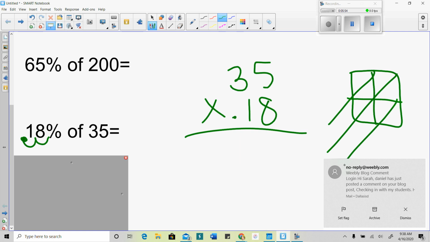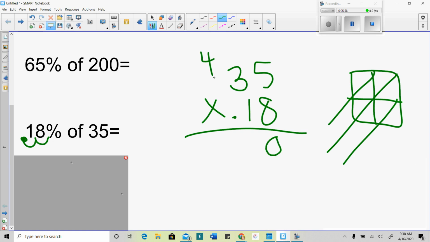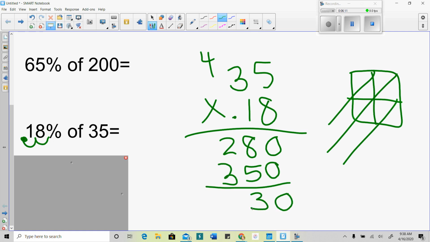Okay, so 8 times 5 is 40. 8 times 3 is 24 plus 4 is 28. I put a 0 and move over. 1 times 5 is 5 and 1 times 3 is 3. This is 0, 1, 3, 6. Don't forget to go back and look at your decimal places. I have 2 of them. So I put the decimal there. So 18% of $35 would be